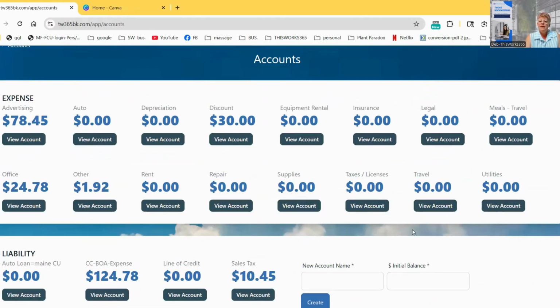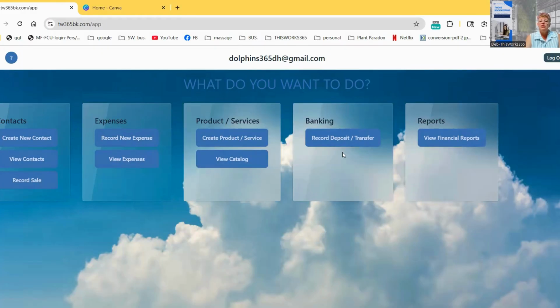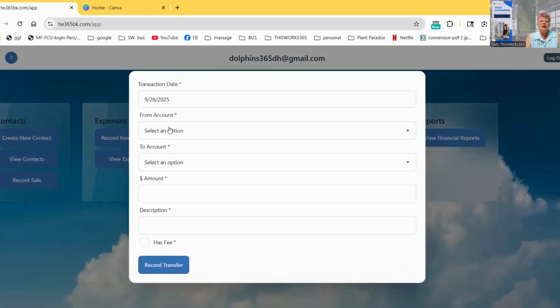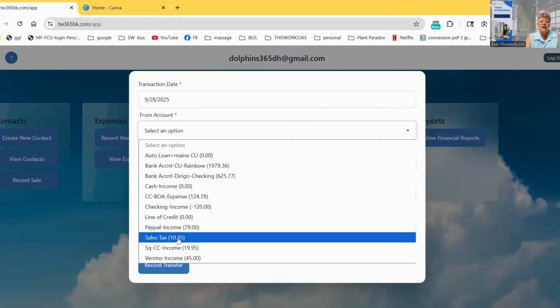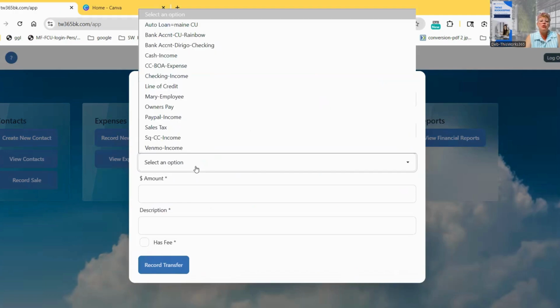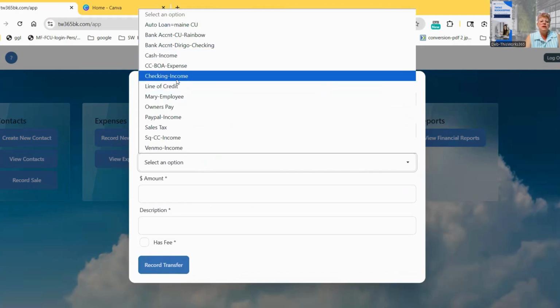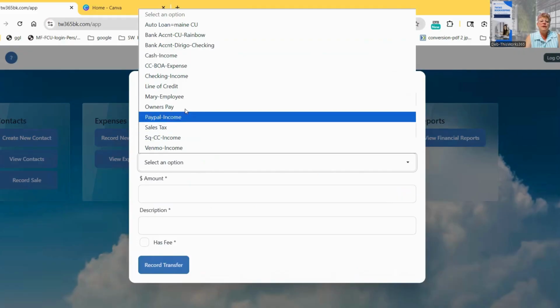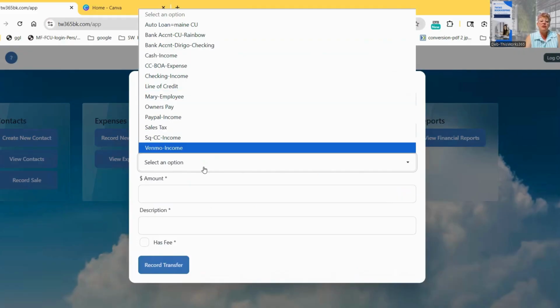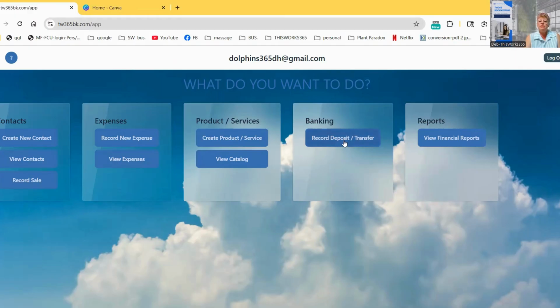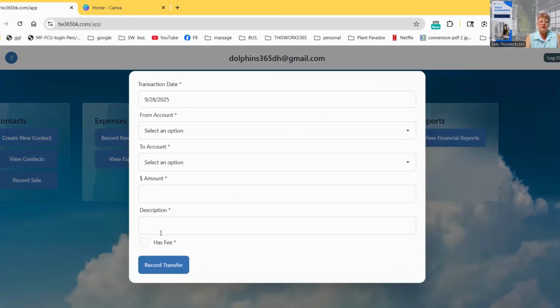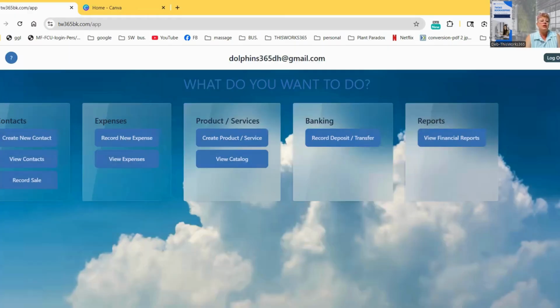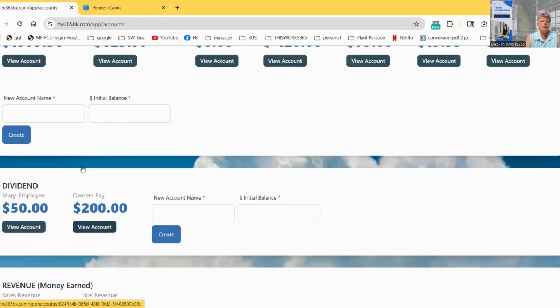So it can be an expense. It shows up under other, actually. So it is in here, sorry. So let's go back to here. It is coming from sales tax, and I need the account that it's going to go into. The amount that it's going to be is here, and then the description, and then you're going to record it. So I do still need to go into my accounts, and I am going to create a